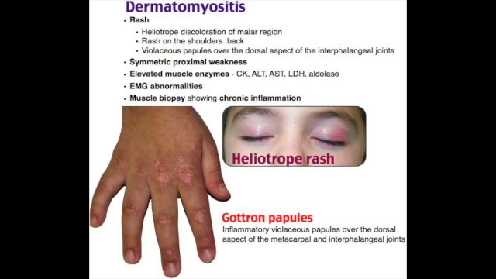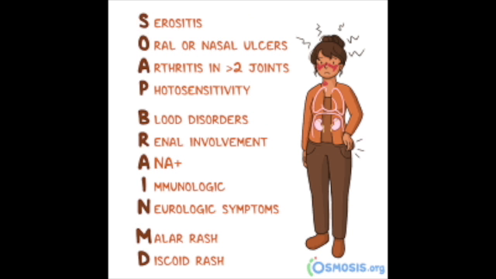Next, SLE, systemic lupus erythematosus. This is a chronic, systemic, multi-organ autoimmune disorder of connective tissues. Primarily a type 3 hypersensitivity reaction, which is antigen-antibody immune complexes. Risk factors are young females, onset of 20 to 40, African American, Hispanic, Native American, genetic, environmental, sun exposure, and